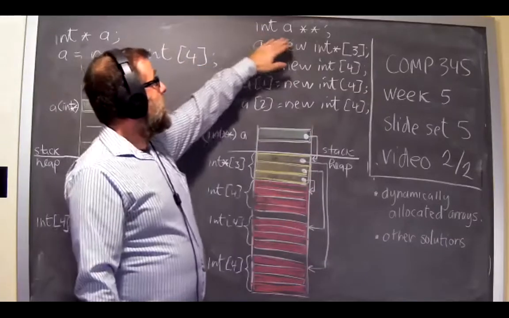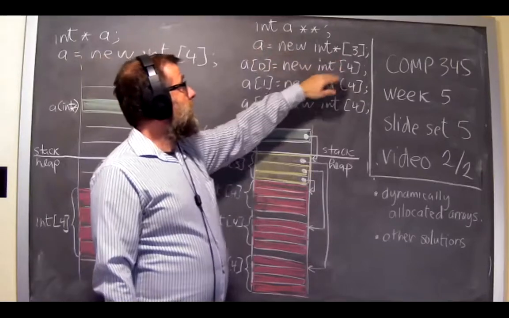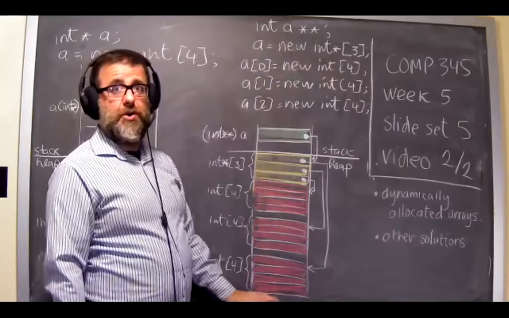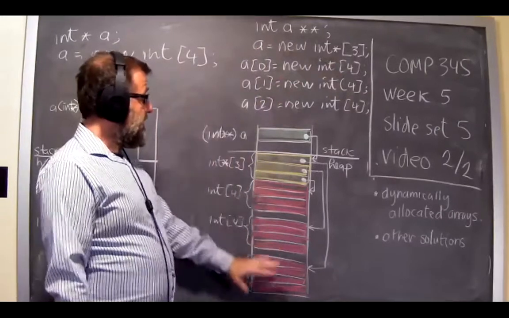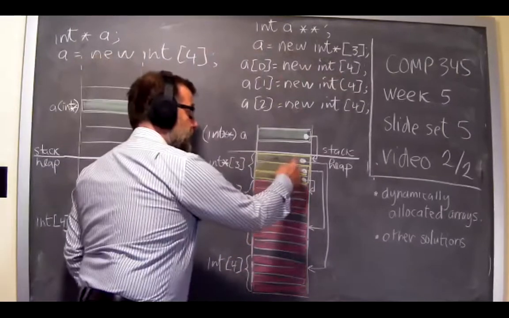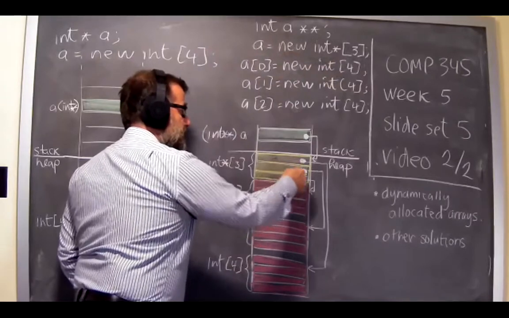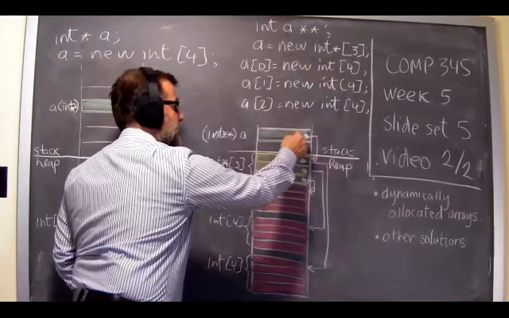First thing you did, you call new to create your array of pointers. Then you call new to create each of the rows of your array. Now, if you want to delete this whole thing, first thing you have to do is to delete every row. So basically you're going to call delete on each of these here. Then when each of these have been deleted and freed all the rows, then you will actually call delete on